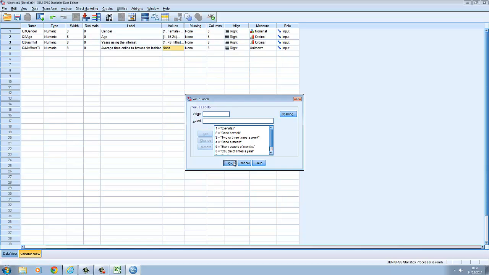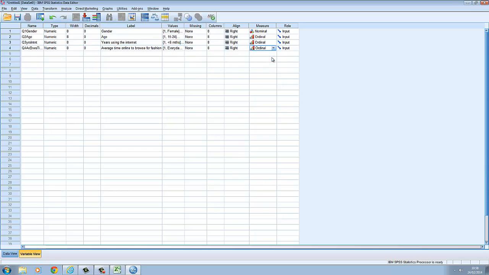So once we've input all of these, we can say OK, and again this is ordinal data,